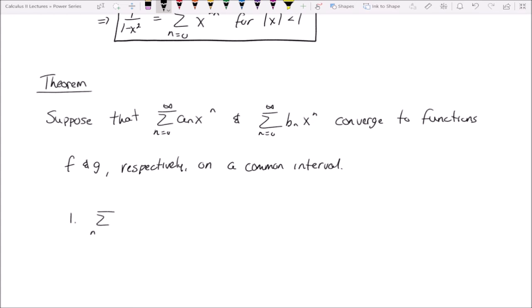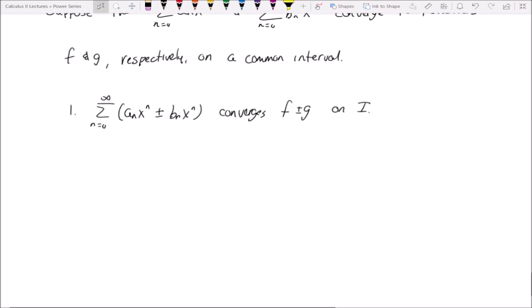First, the series n equals 0 to infinity of a sub n x to the n plus or minus b sub n x to the n will converge to f plus or minus g on the interval I. Second, for any integer m greater than or equal to 0